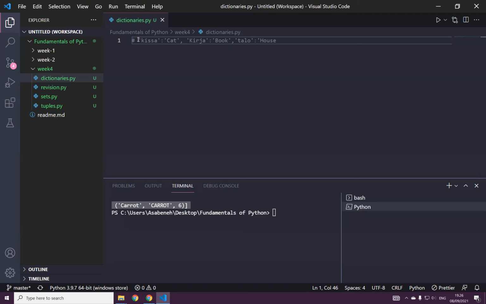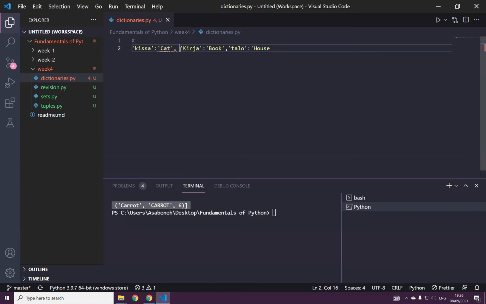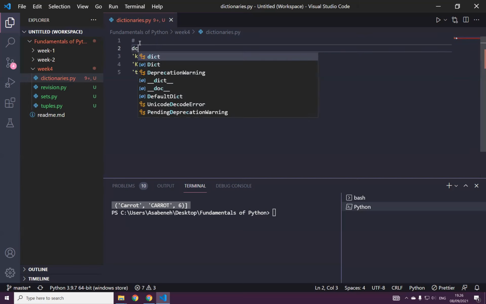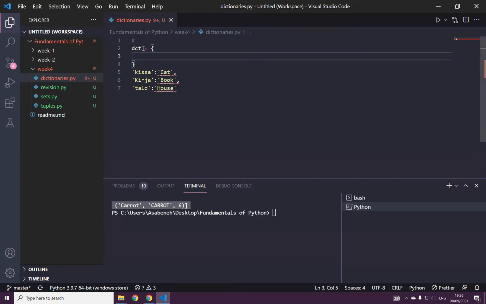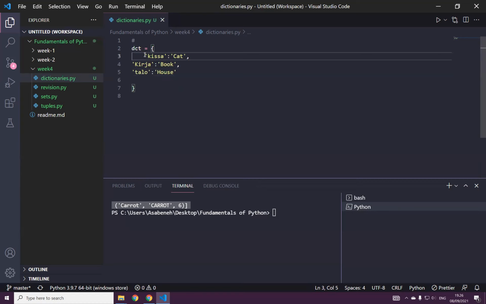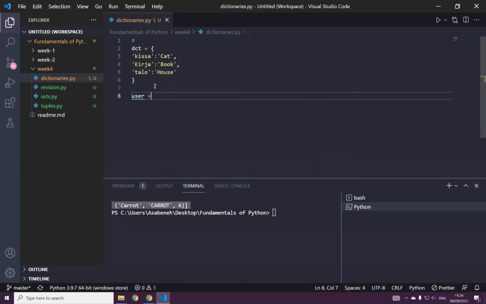So we can actually change this to, let's make it a proper one, I think I forgot. So this is our dictionary, and we can put this inside here, and this is our first dictionary, as you can see. Kissa and cat, kirja for book, and talo for house. And this is maybe user. If we are talking about user,